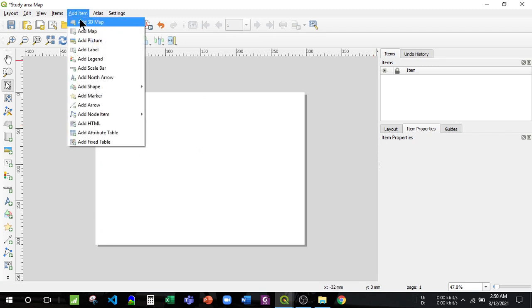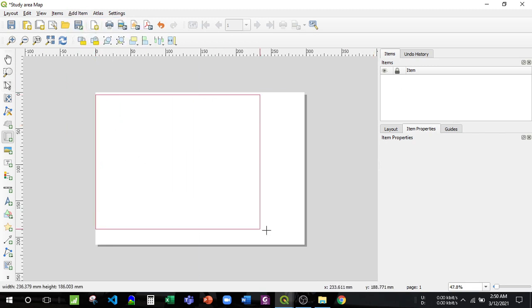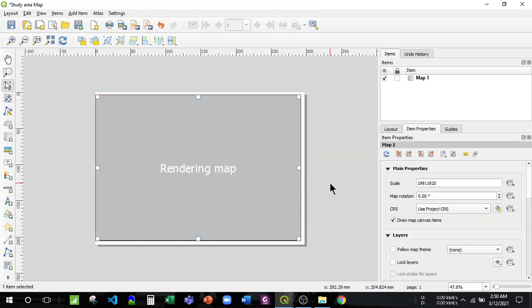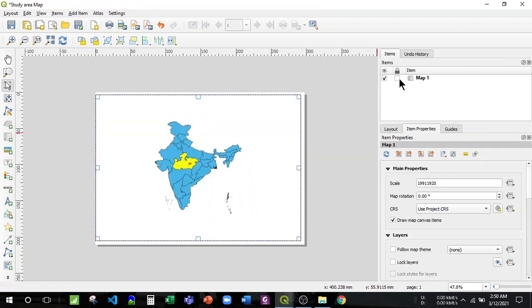Delete, and again I will add that layer here, and then lock this map.